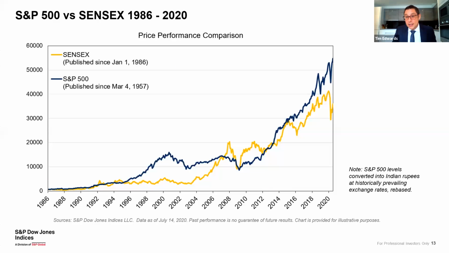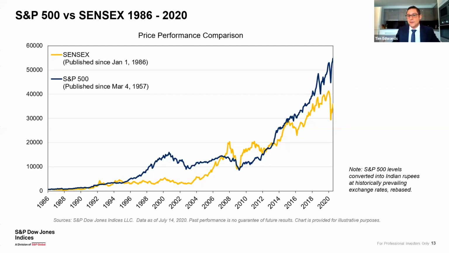That's 15 years. If we just use the Sensex and ignore bonds and gold, we can do a longer analysis, and I can show you how that diversification is working in practice. This is just using price indices. As I said, the Sensex began publication in 1986. The S&P 500 has been running a little longer; it first launched in 1957. And converting it into Indian rupees and rebasing them to the same start point,